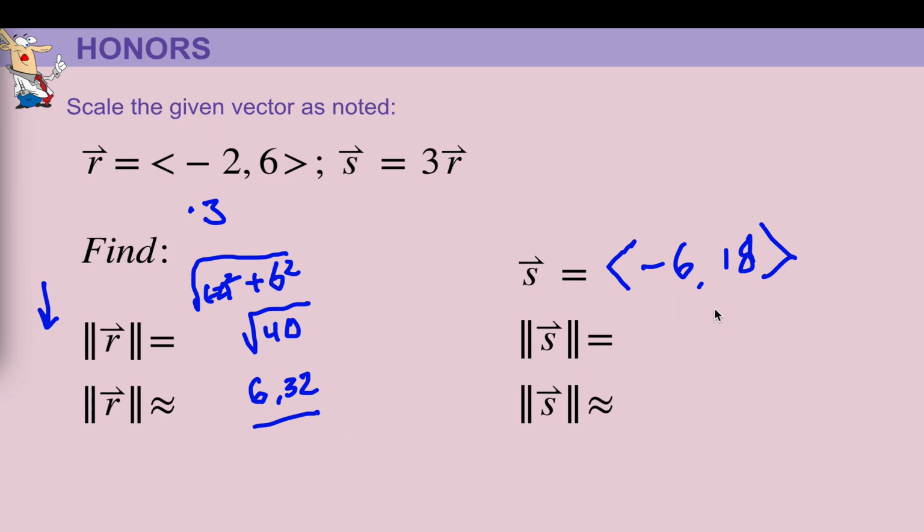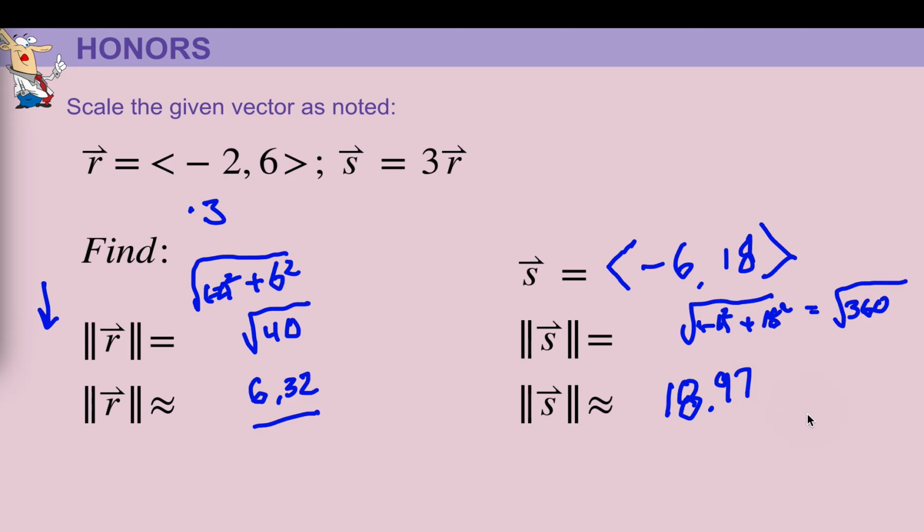There we go. Now, we do something similar with the vector s. This time we'll do the square root of 6 squared plus 18 squared, and that ends up being 360 in the square root. So there's the exact answer. And then the last part here, we're going to do the approximate, which gives us, punch that in the calculator, and I get